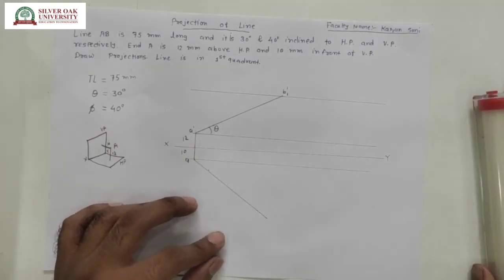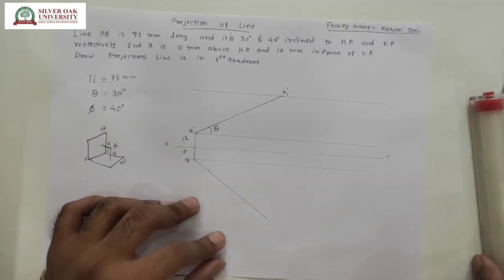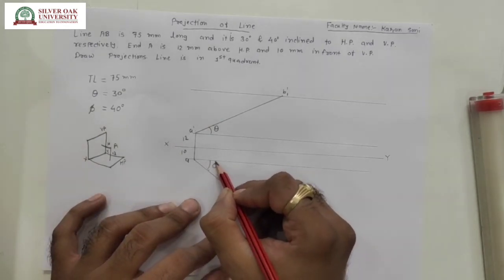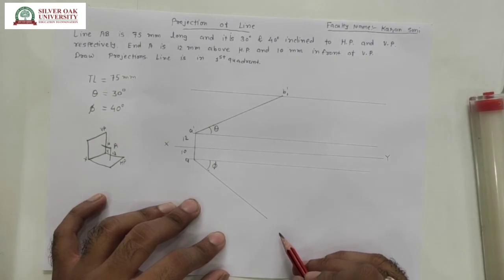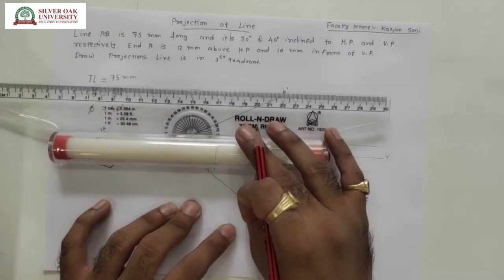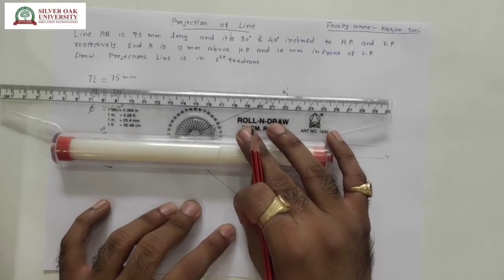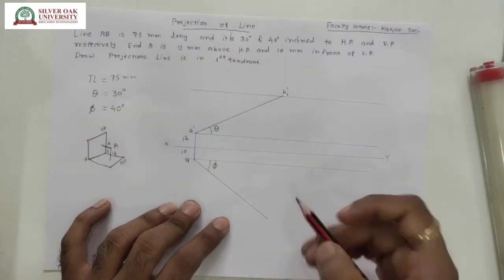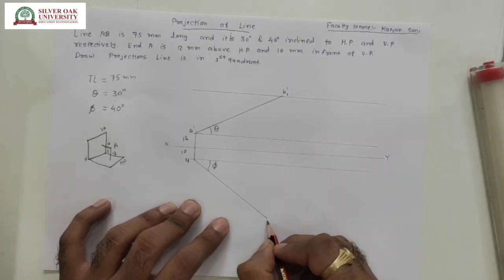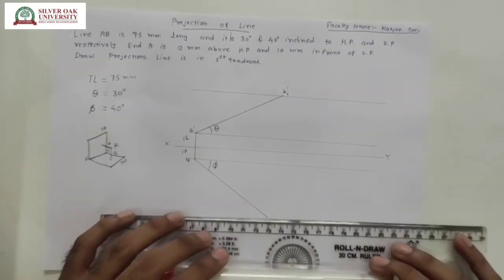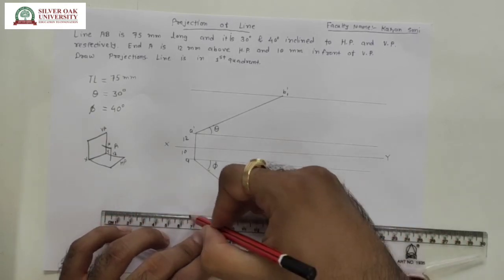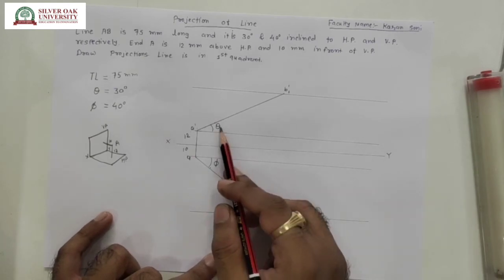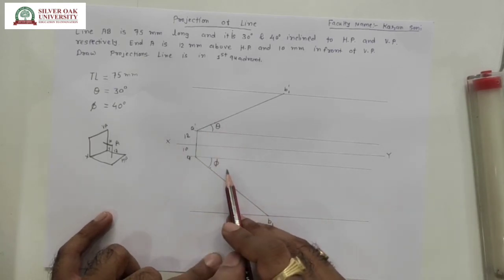Right? So this is the angle theta, and this is the angle phi. So this is 75 mm, and this is the 30-degree. So here it is 30-degree and here it is 40-degree. Okay, now I can plot also the point B1 here. So the locus line from the B1 is here. So this is the reference line from the point B1. So this is the angle phi, this is the angle theta. So here it is 30-degree, here it is 40-degree angle.